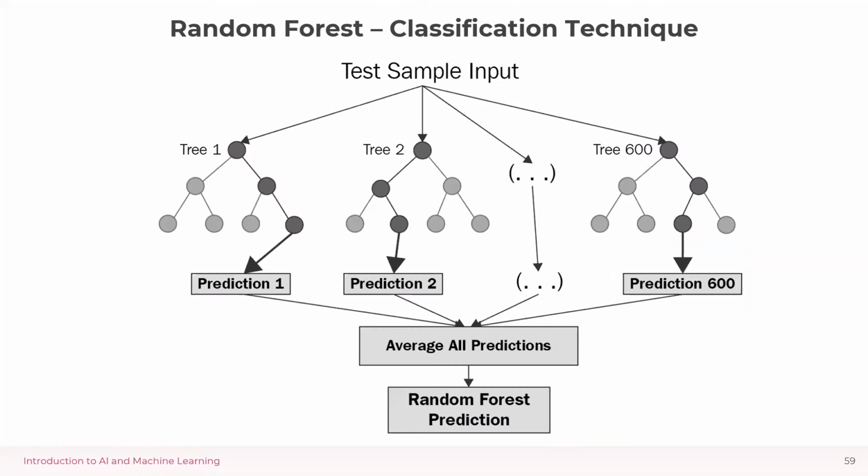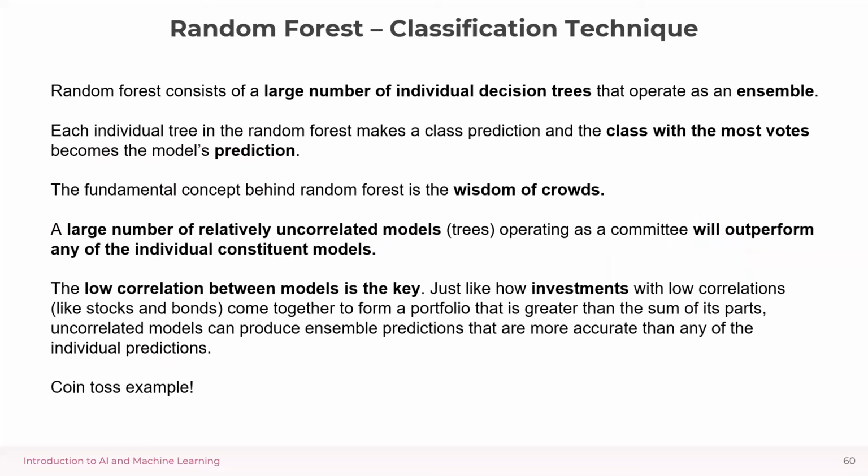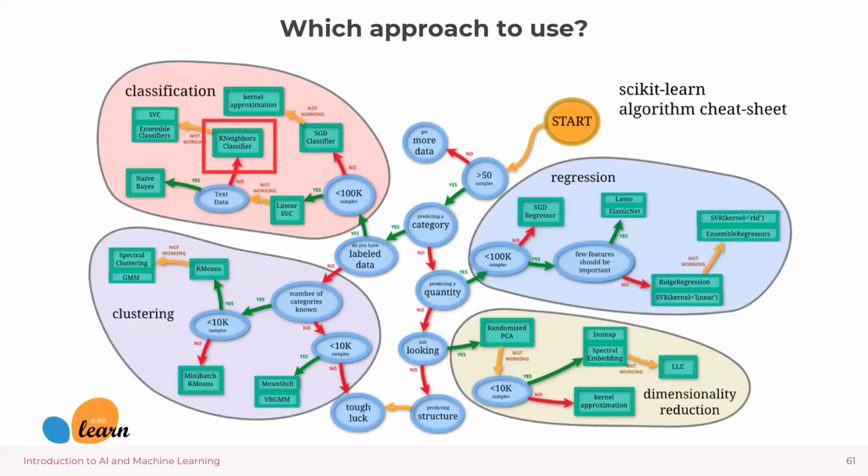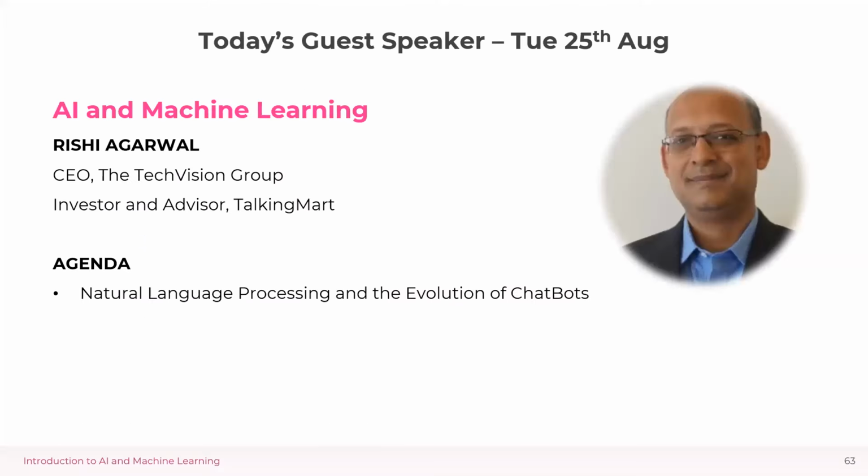There's also a concept called random forest, which is a classification technique that says that a bunch of models that are uncorrelated actually predict better than a single very wise model. With that in mind, I'll share these slides with you. With that in mind, I have to transfer to the wise man we have in the room before we run out of time. So Rishi,